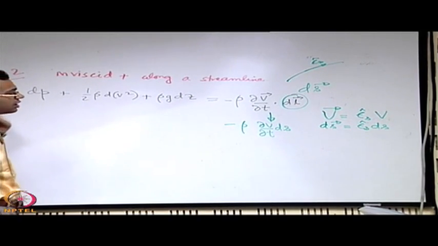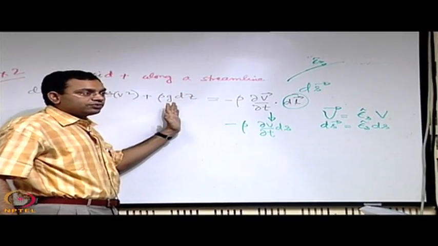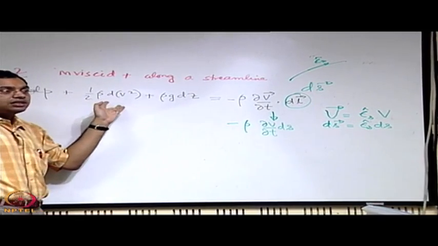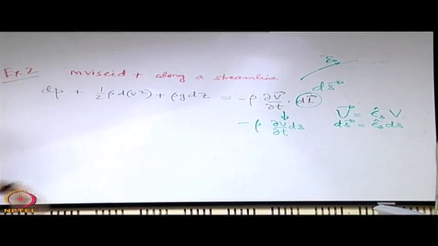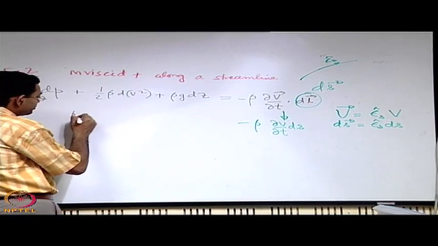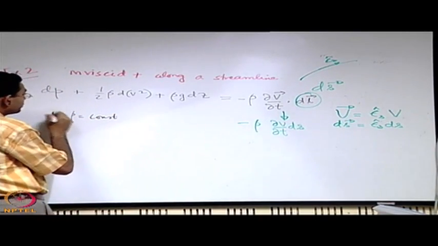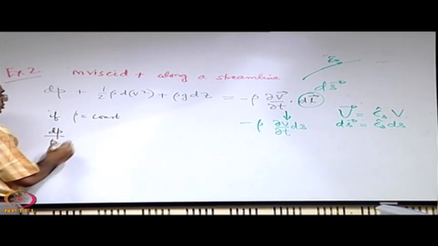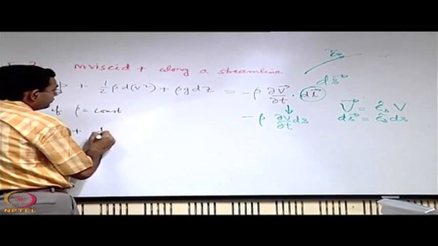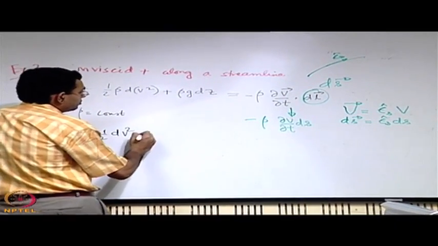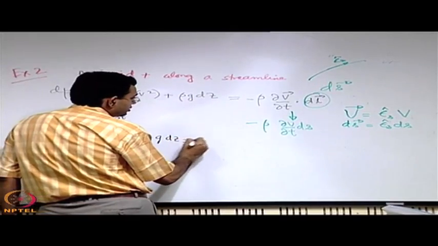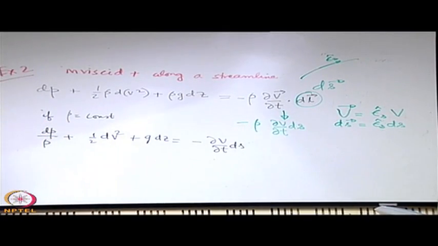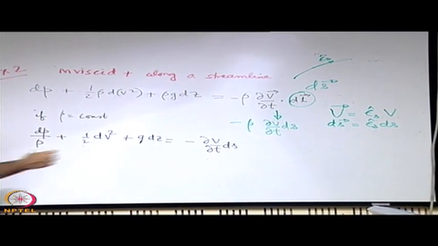So this is Euler's equation of motion for a general case where the density may be a variable, density need not be a constant. But if you take the density as a constant, then you have dP by rho plus half dV square plus g dz is equal to minus, let us integrate it from point 1 to 2 along a streamline, and